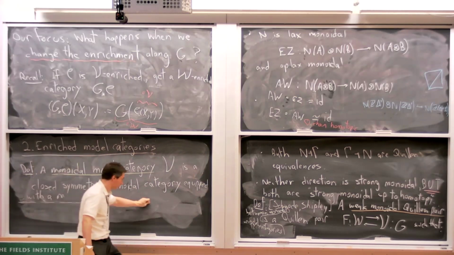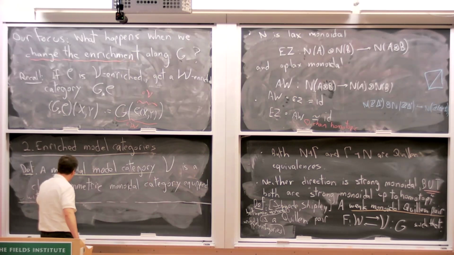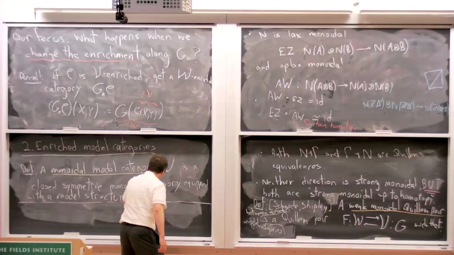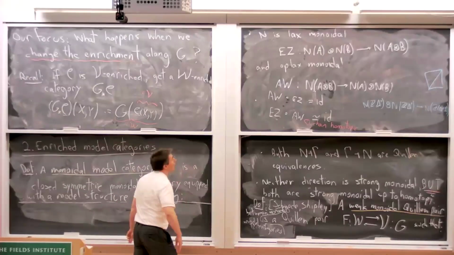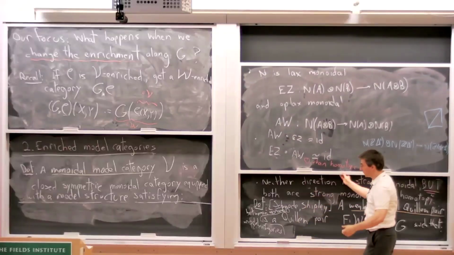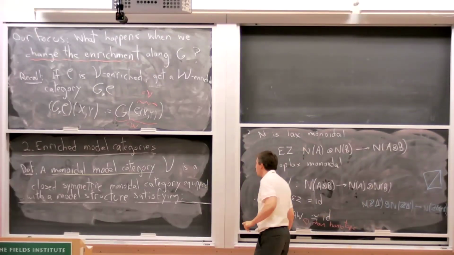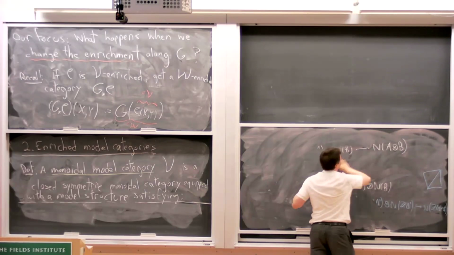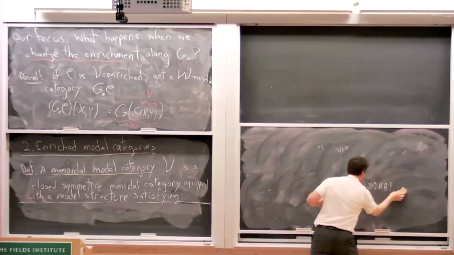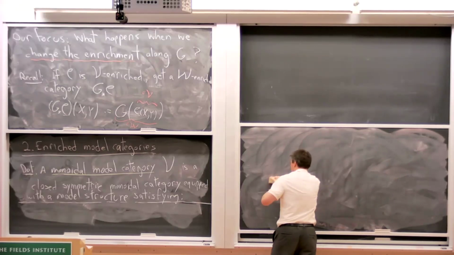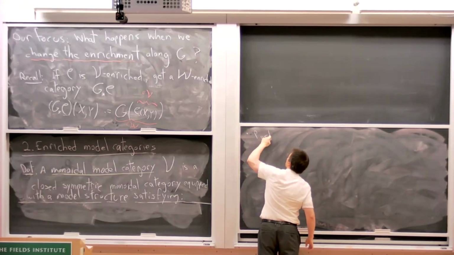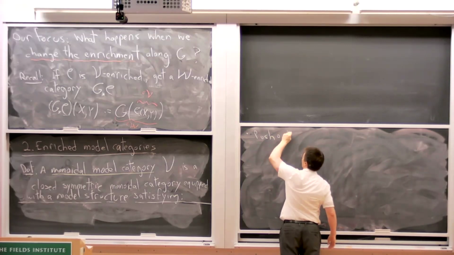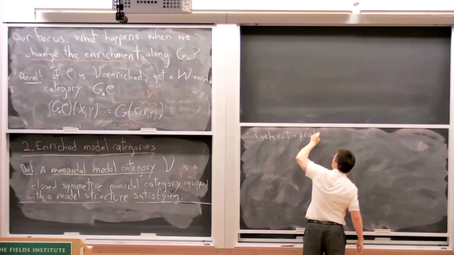Oh, I'm dangerously close to the line of sight. I need compatibility between those two pieces of structure. It comes in the form of two axioms. You want the tensor product to be an equivalent bifunctor. So that's fancy words, just meaning the following condition, also called the pushout product axiom.